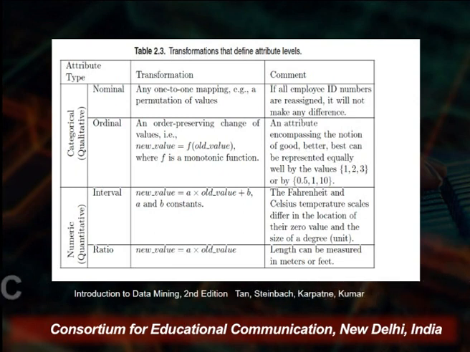The third type of attribute are the interval attributes. Now what type of transformations are allowed by the interval attribute? Where we do a multiplication or we do an addition or a subtraction to the old value to get a new value. Like for example, if we have the temperature in Fahrenheit, right, so we can convert the temperature to Celsius